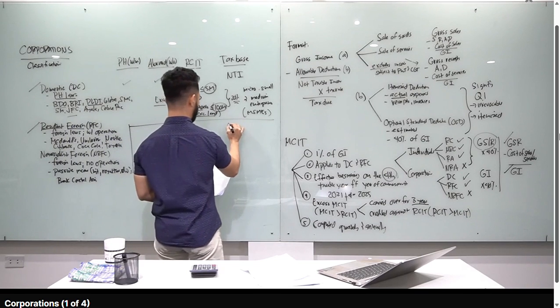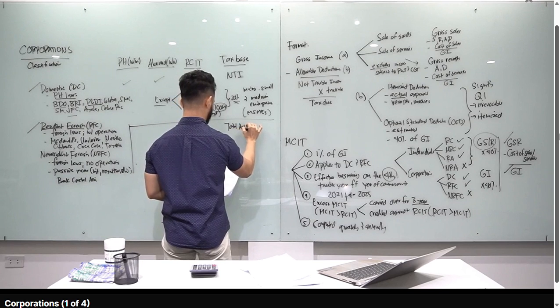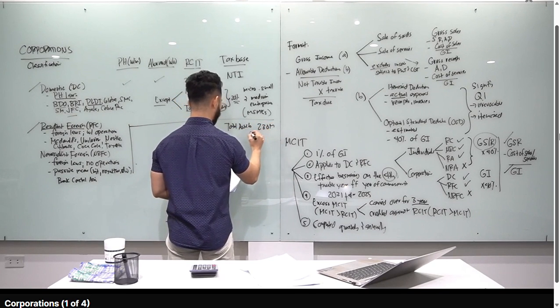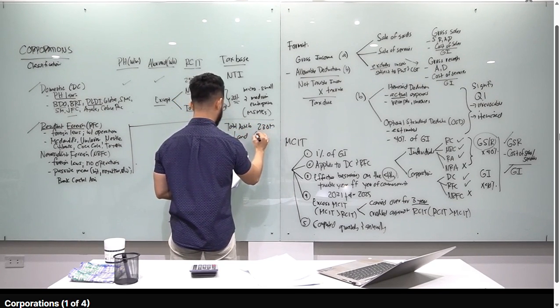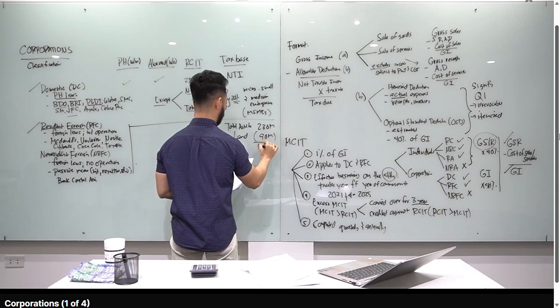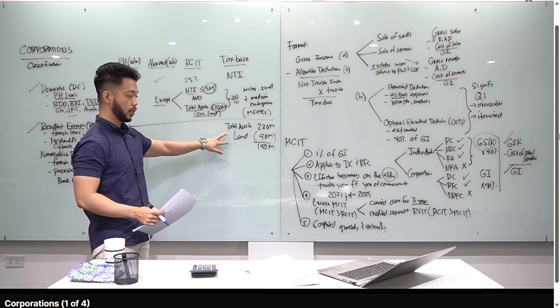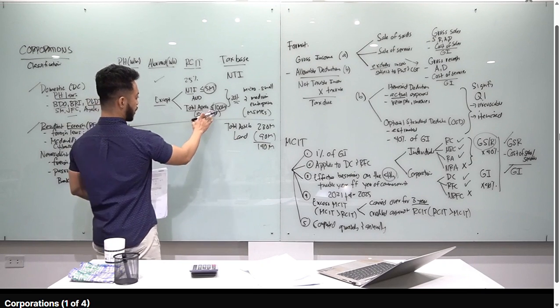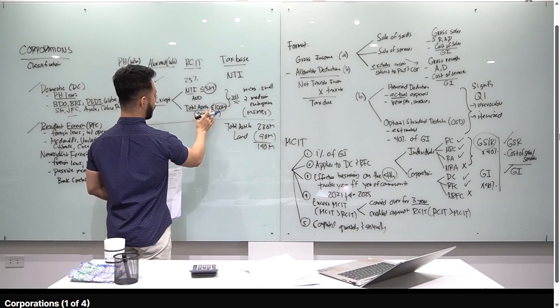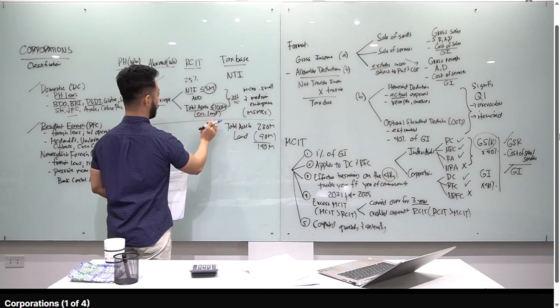So pwede mo ilagay dito yung total assets in the problem, 230 million, minus natin yung land. How much yung land dyan, class? 90 million. You get 140 million. Okay? So ignore mo na lang yung fixed assets sa building kasi kasama sila sa computation ng total assets. Right? So, class, since hindi yan mababa sa 100 million, nag-exceed siya ng 100 million, 25% pa rin